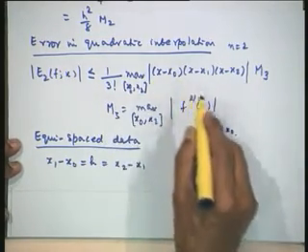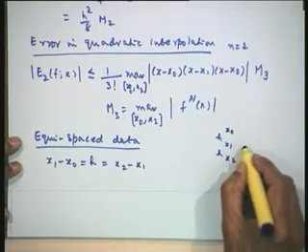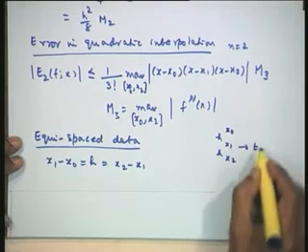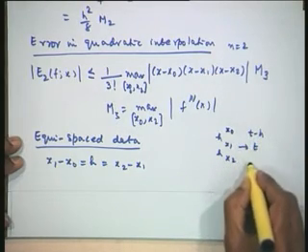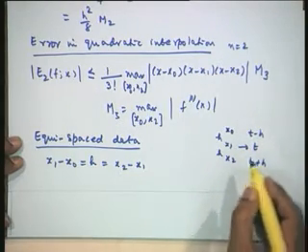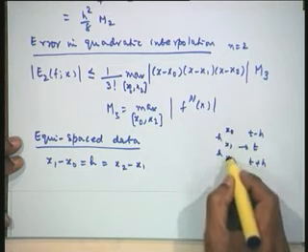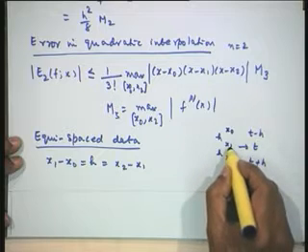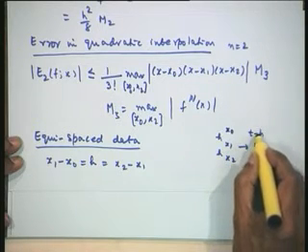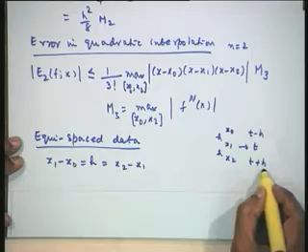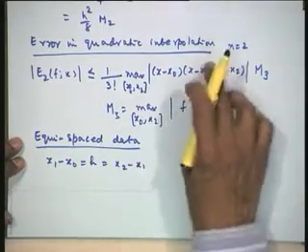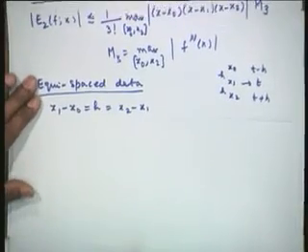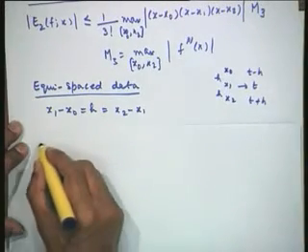We shall use a simple trick to find this maximum. Let us take this middle point as my origin, with some value t. Then the point behind is t minus h and the point ahead is t plus h, because they are all equispaced. Therefore, if I take the central point as my origin, the previous point is t minus h and the next point is t plus h, and then this expression becomes very simple. So what I want is the maximum of